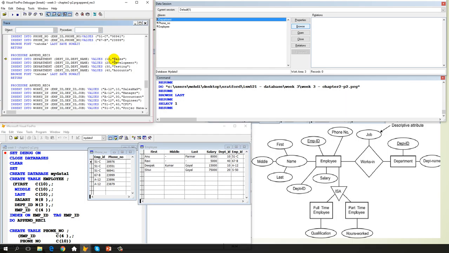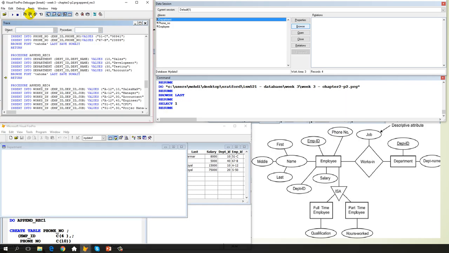But the second field, department name, is defined as a character string, and I have to use double or single quotation marks. In Visual Foxpro, you can use both types. In other DBMSs, you need to check. Okay, insert into executed and the browse command,